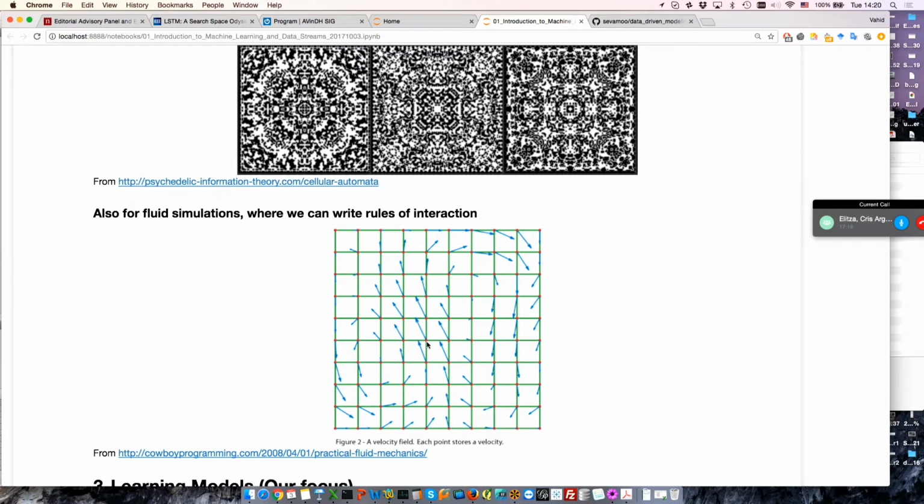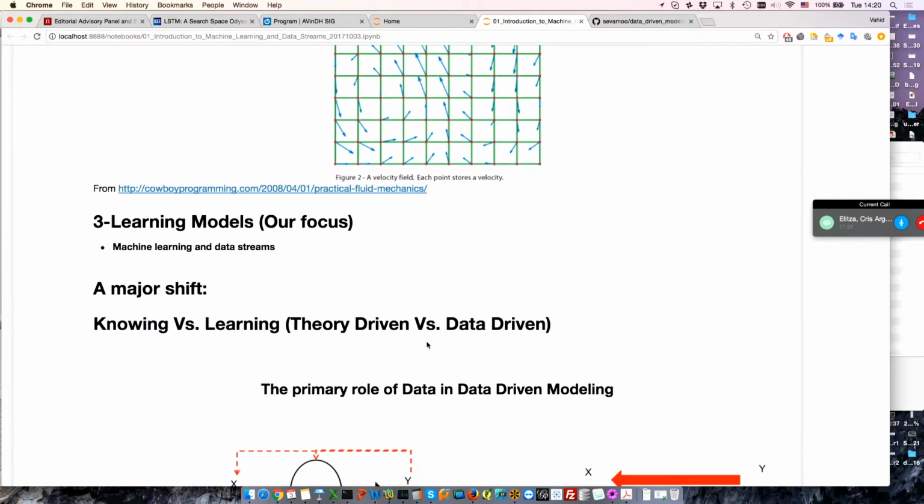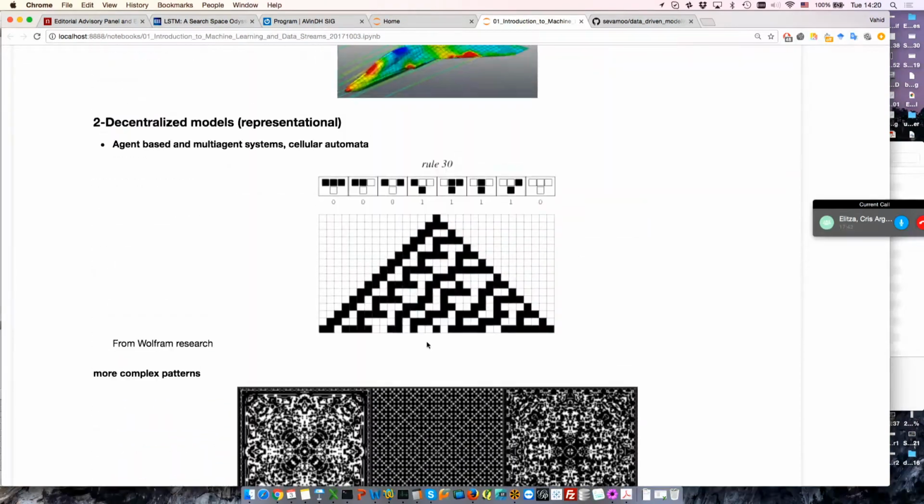So you say each vector, for example, could be the vector of flow of the fluid, could be water. You just say where is the gravity direction, and then based on that they're moving. So you can make very interesting simulations, and most of the time, for idealized setups, mainly for physical systems, valid. Nevertheless, this was kind of an introduction to go to the third level, which is here, and I didn't tell you about it,